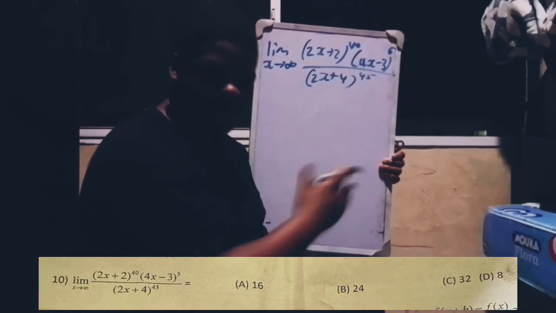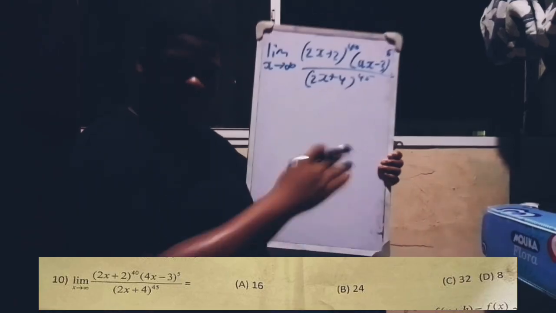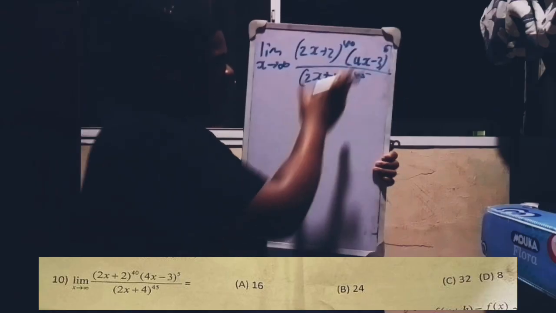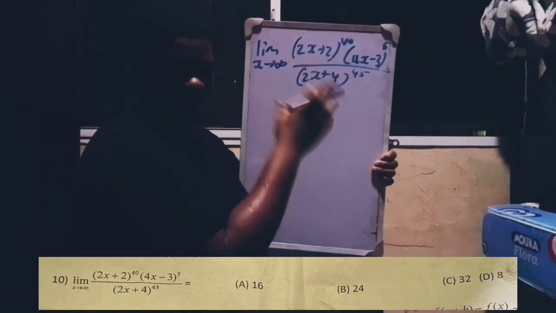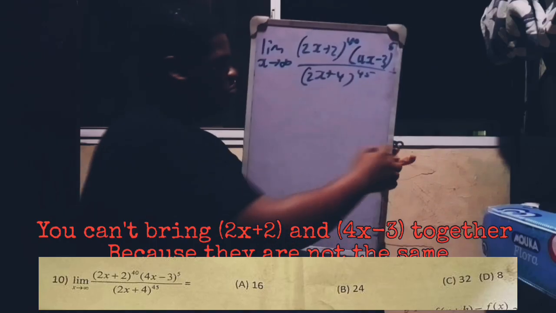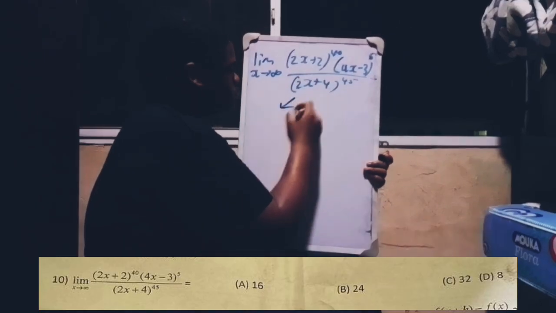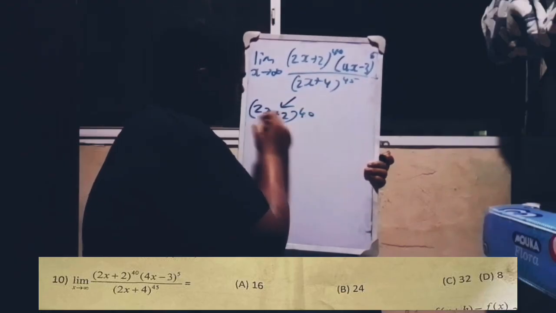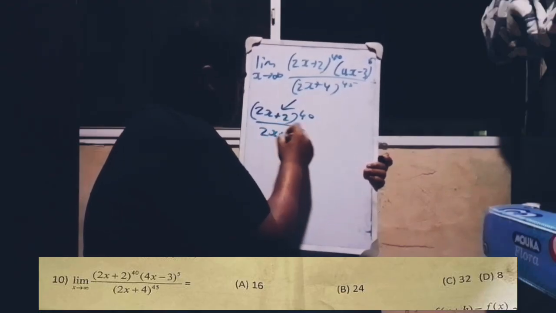Tell them, okay, this part is for you, the kitchen is for you. Let them sort themselves out, divide it into two for them. Good. Anytime you cannot bring these two families together, the two families numerator together, then this house in numerator, you divide it into two for them. Good. So this first part, we have 2x plus 2 to the power of 40 divided by 2x plus 4